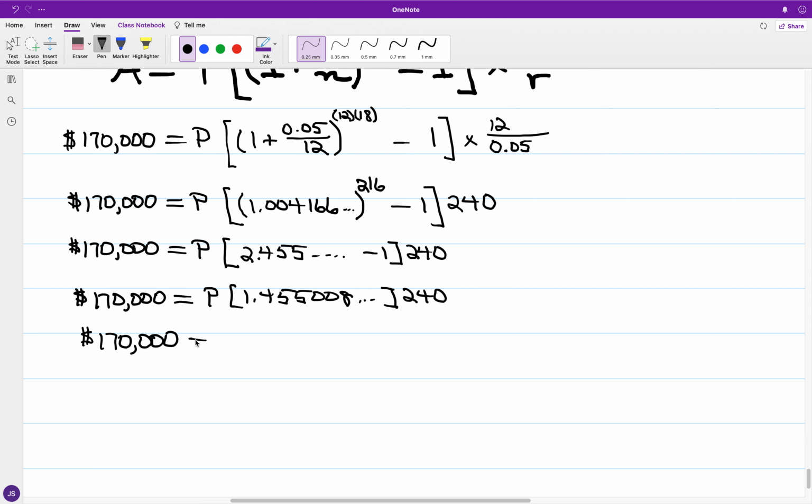If I take the product of the difference and 240, you have 349 point, and write out all these digits. So you got this product times P: 170 grand is equal to 349.2020215 times P. And if I divide this total by that 349.2 plus, it's going to result that for P,